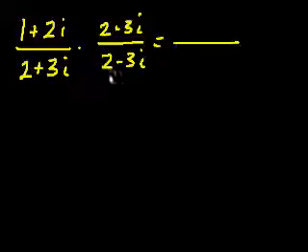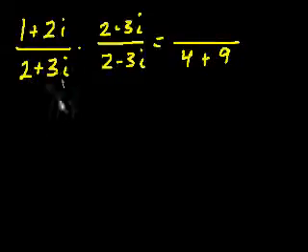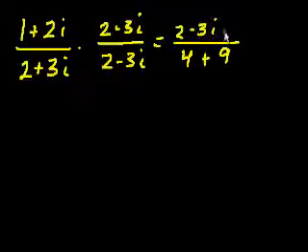The bottom, we can multiply it out, but hopefully it's second nature to you. It equals 4 plus 9, right? Because that's just a squared plus b squared. Well, I mean, it's a squared minus b squared, but then the i's, when you multiply them, become a negative number. Try it out if you don't believe me. And then the top, we get 1 times 2 is 2. 1 times minus 3i is minus 3i. Then you have 2i times 2, which is plus 4i. And then you have 2i times minus 3i. So that's minus 6i